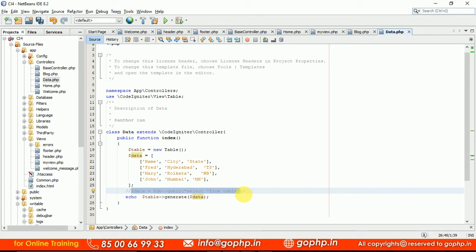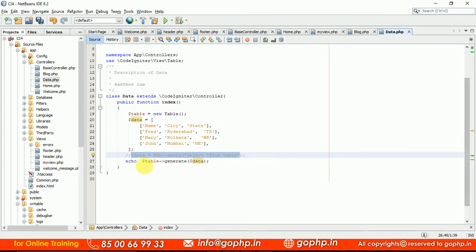Yes, we can do that. But one thing: where is the table being printed here? The table is printing in the controller. Is the controller the responsible person to print the data? As per our MVC architecture, who is the responsible person to print the data? A view is always the responsible person, right? So definitely you cannot echo this here, guys. This should be echoed into a template called a view.